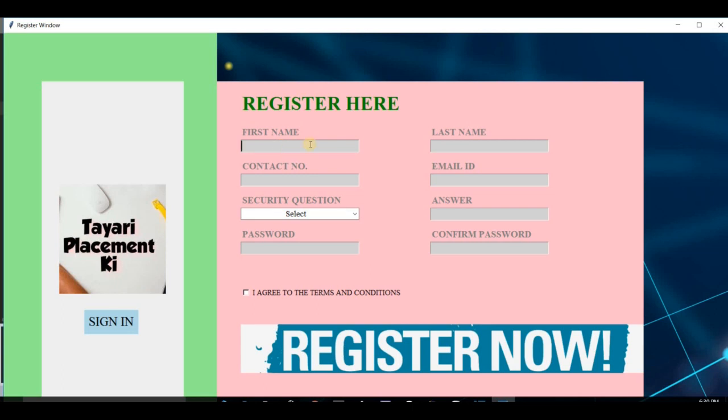So if you type over here your name, you can pick your name, okay, and if you want to give your surname also, now you can give your contact number, okay, and it's also like if you give your email ID. Okay, this is my email ID,